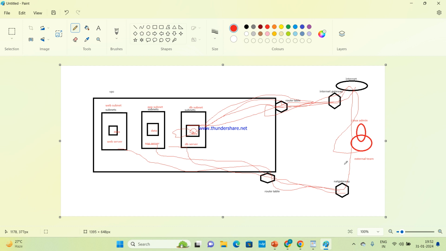So now, indirect internet connection. For example, there is a hacker here. He wants to hack. If he hacks the database server, or any of the servers, then he can copy the application, right?